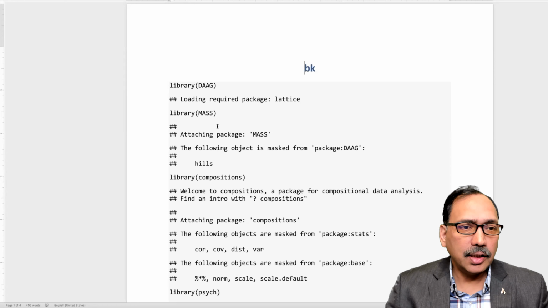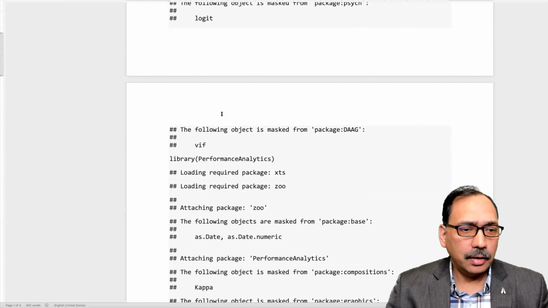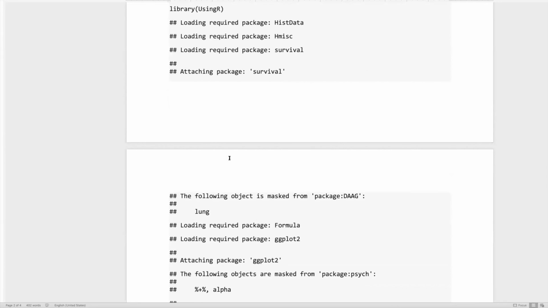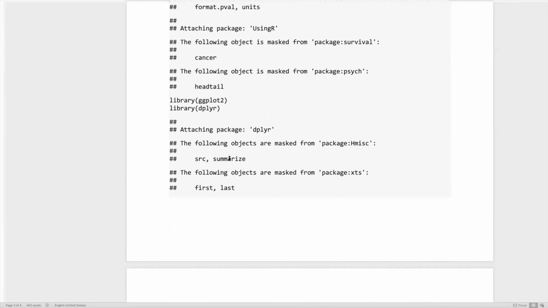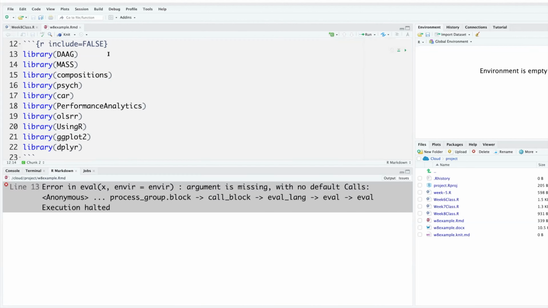So you notice there are a lot of messages for each package, and just after running your libraries, you have already created a 4-page document. So that's really a wastage of all these pages. So this is for the libraries. After R, if you give some space and say include equals true or false, so let's say false, and then we can knit this file again.